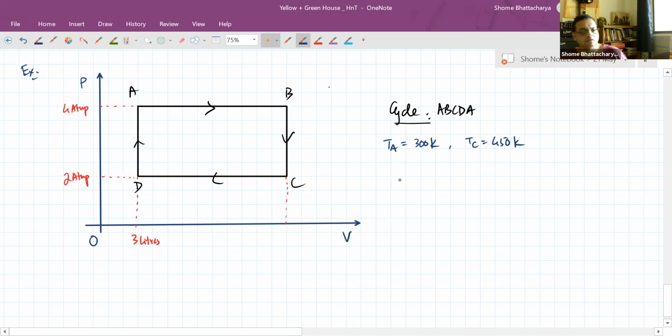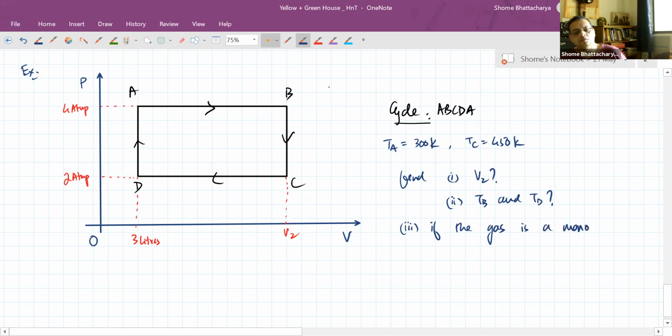So from this, find this volume V2 and the temperatures at B and D. And third, if the gas is a monoatomic sample, then find